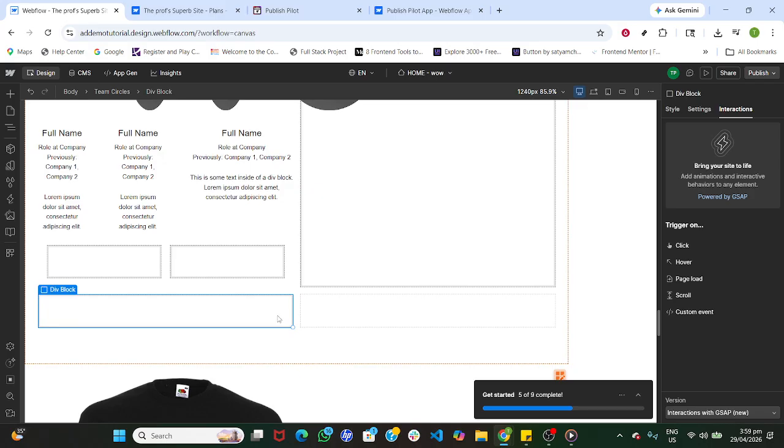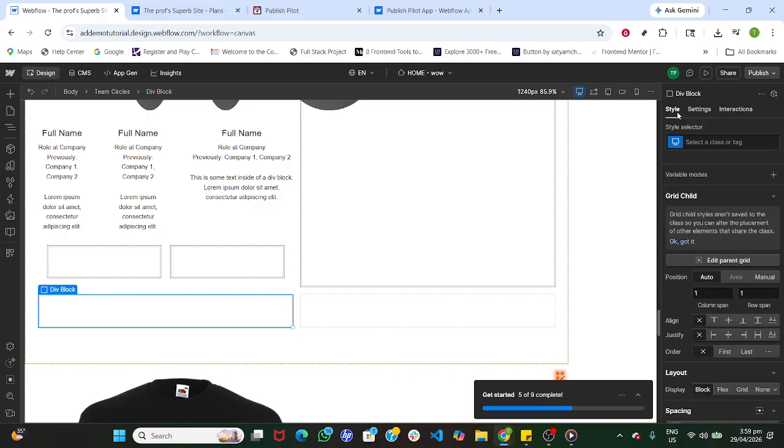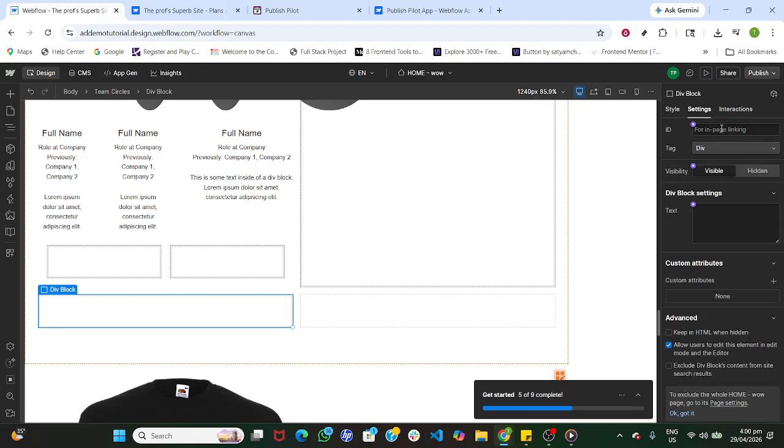Within Basic, find Div Block. You can either drag the div block onto the canvas or click it to add it to the currently selected area in the navigator. If you're dragging, watch for the blue highlight that shows where it will land. Release when the highlight is exactly where you want the div to live. If nothing is selected, Webflow will place the div at the root level of your page, which is fine for a starter container. With the div now on the canvas, head over to the right-hand sidebar and open the Style